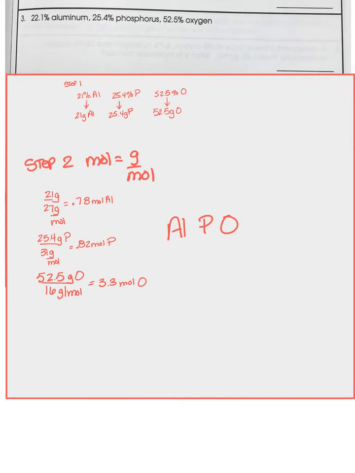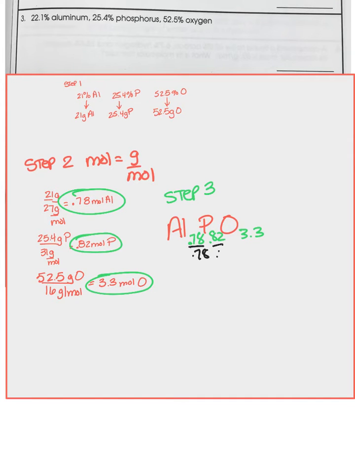Okay, now I'm going to go on to step 3, and that means we have to make a mole ratio. And we know that aluminum is 0.78 moles. We know that phosphorus is 0.82 moles, and oxygen is 3.3 moles. Now these are the subscripts, but they're not whole numbers. So we have to do the very last thing, which is to divide everything by the smallest number. And 0.78 is our smallest number. And we're going to get